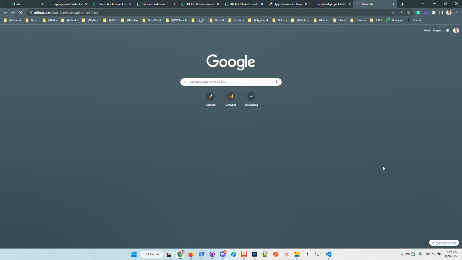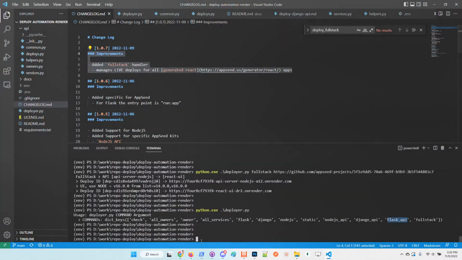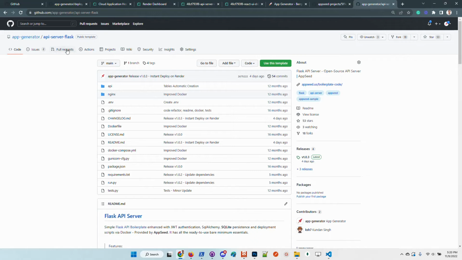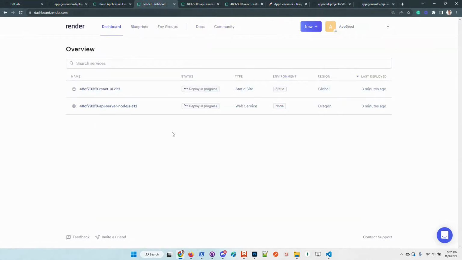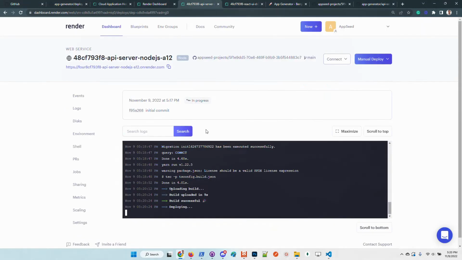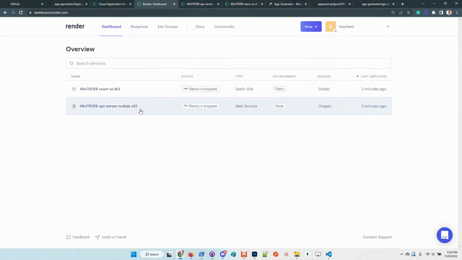Okay, so in case we call the deployer with this argument, this server is automatically deployed on Render. So it's super easy. Once the Flask server is deployed, we can switch here in the settings of the